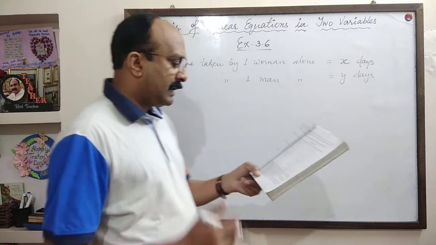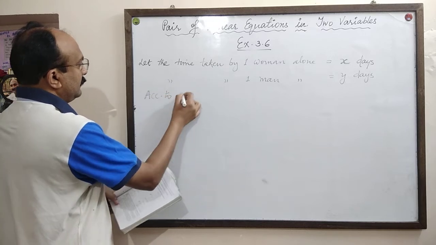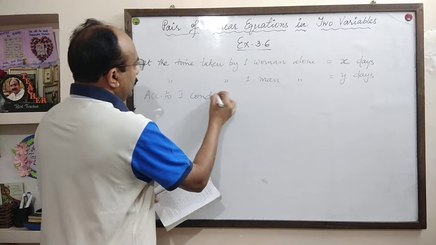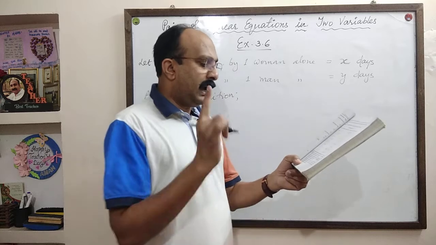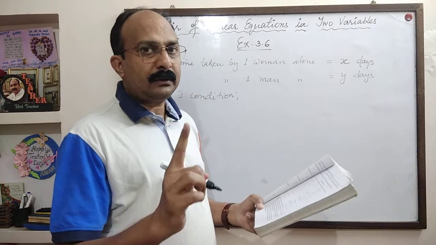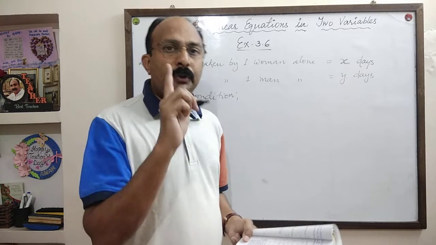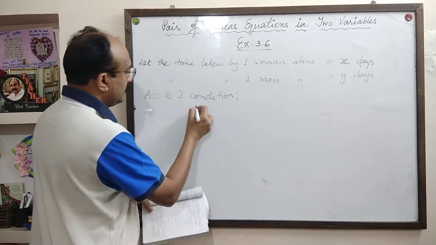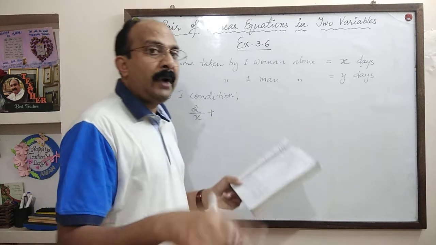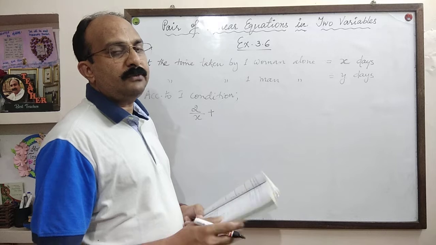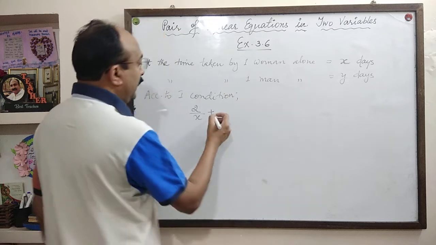Now come to the first condition. According to the first condition, you are given 2 women and 5 men can finish the work in 4 days. So what is the work done of 2 women in a day? 1 woman in a day is 1 upon x. So 2 women in a day is 2 upon x. So 2 upon x plus, now 5 men are also working together. So what is 1 day's work of 1 man? 1 upon y. So what is 1 day's work of 5 men? 5 upon y